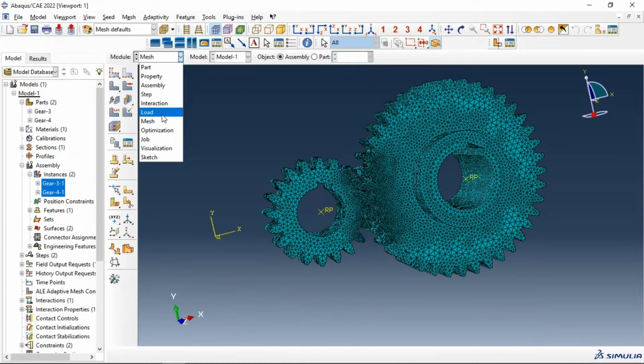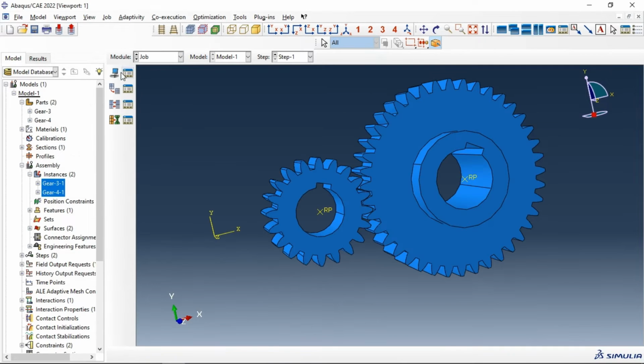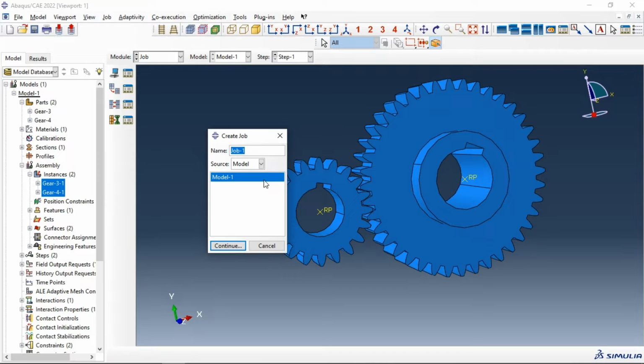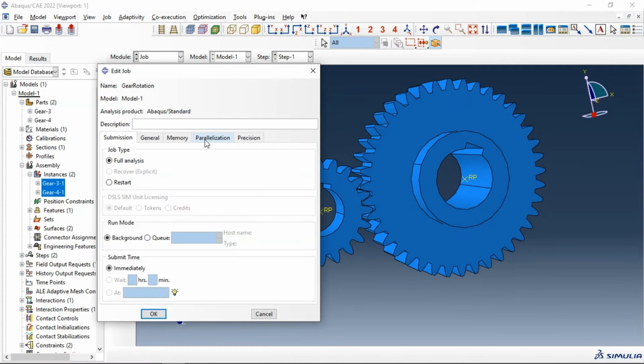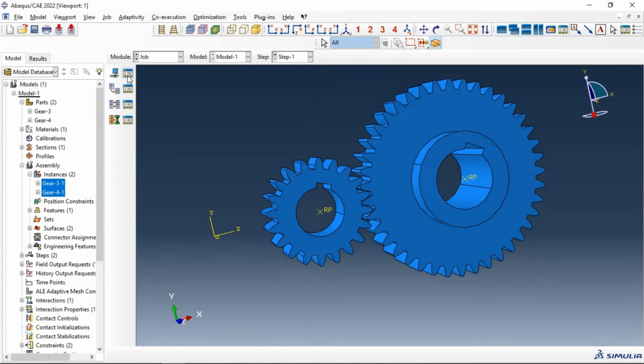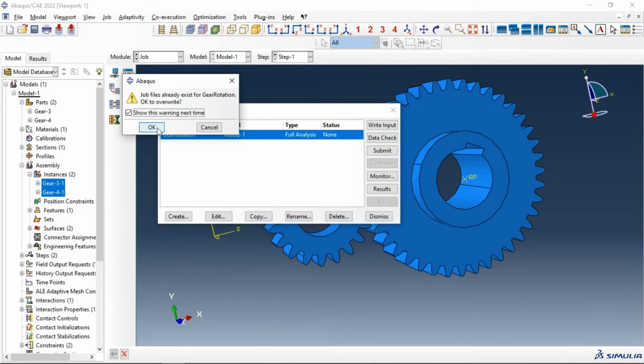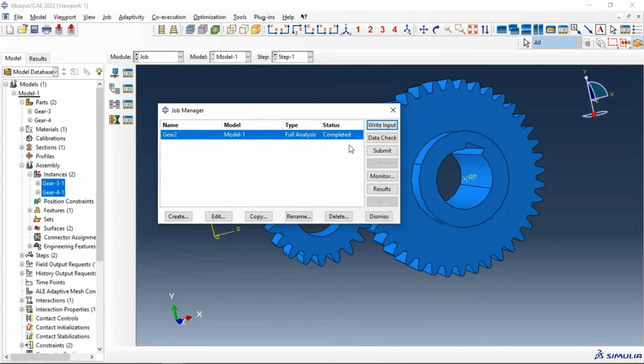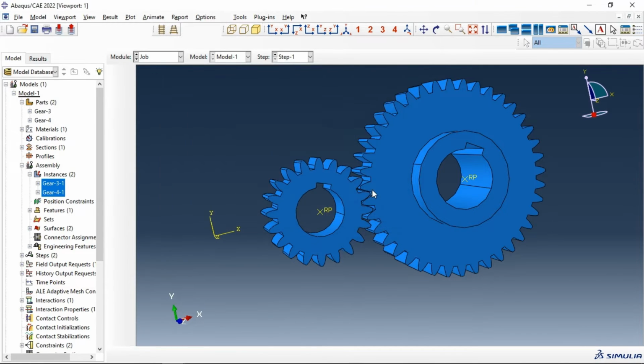And now let's go to the job and create analysis step, submit. We have completed job. Let's go to the result